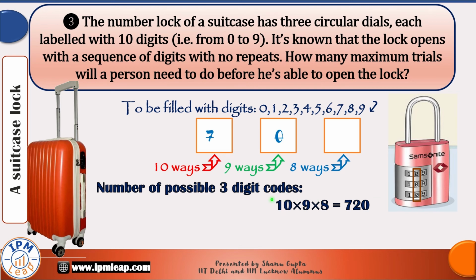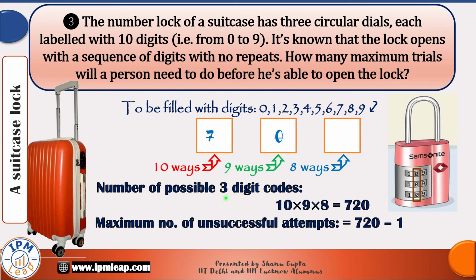But in the question, they are asking how many maximum trials will a person need to do before he is able to open the lock. So if a person is very unlucky, he would have tried all possible codes and will be able to open the suitcase only in his last attempt. That is 720th attempt. And that's why the maximum number of unsuccessful attempts will be 1 less than the total